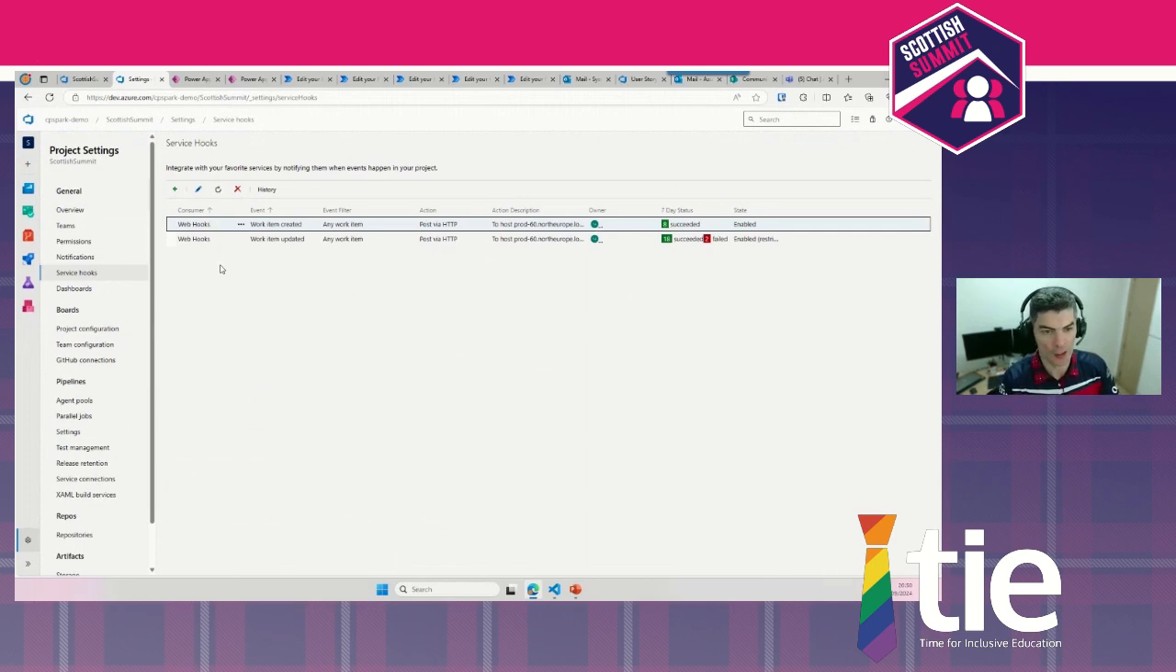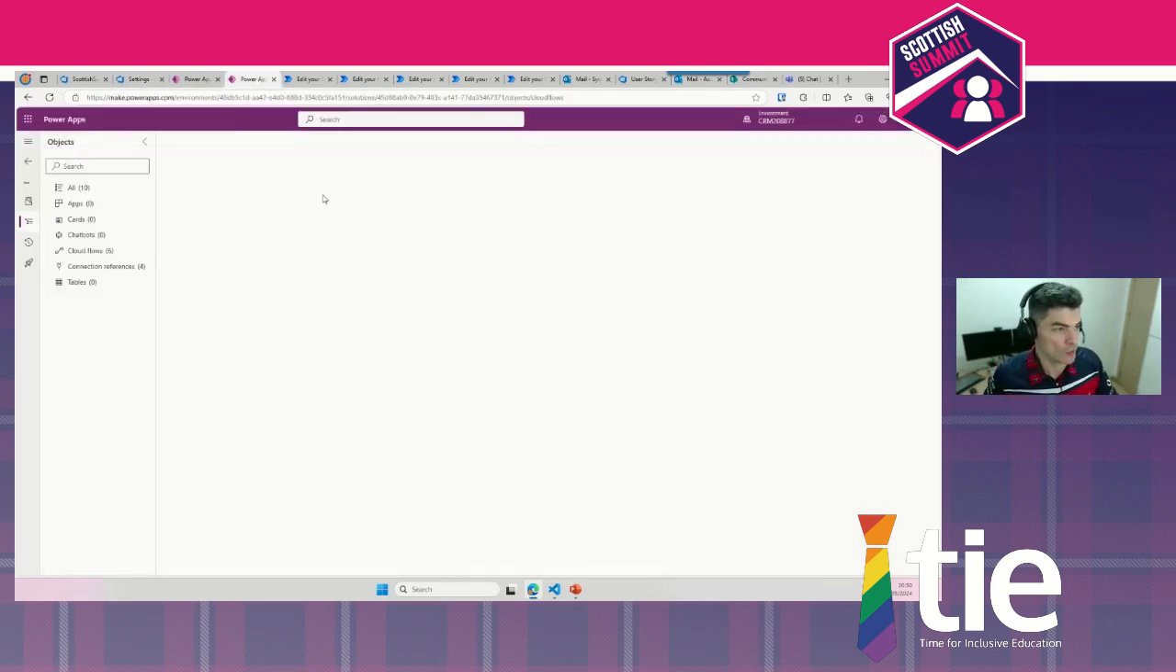So the service hooks are one thing that I can configure in my project to tell Azure DevOps, hey DevOps, whenever something happens inside this system, please call this URL or this service or this API that is hosted somewhere else. So how can we use this to start building flows that react to events that happen in DevOps? So all we need is basically go back to our flow designer